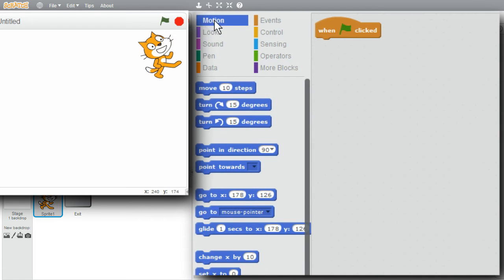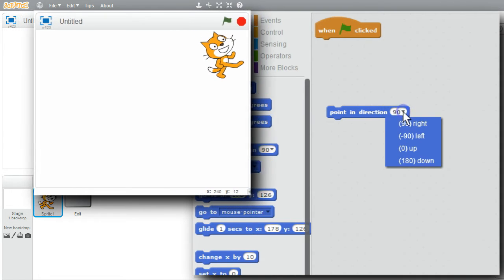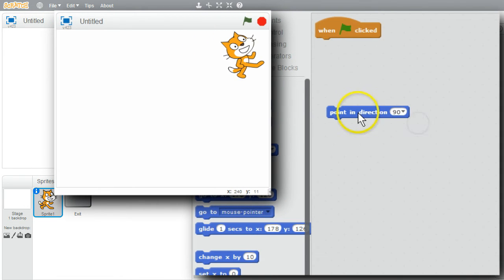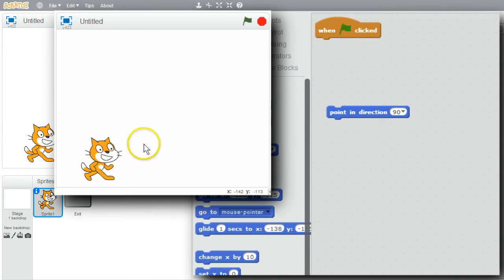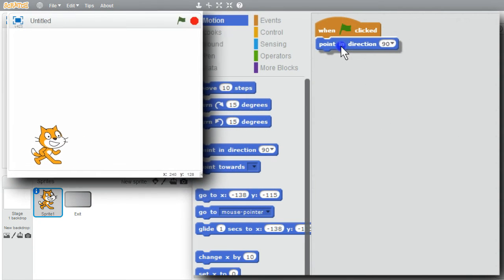Go to motion, point in direction, menu, pointing to the right. I'll run it. Now it's pointing to the right. I'll move it to the bottom of the stage, and I'll initialize with the command so the cat's always pointing